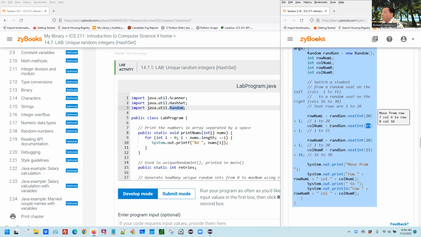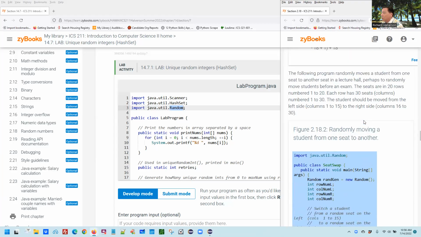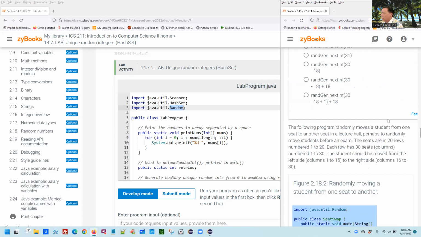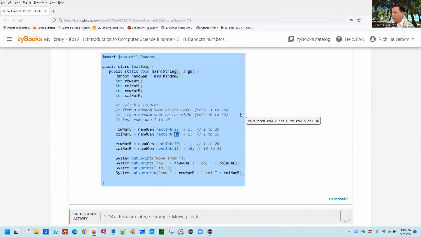So does it describe it at all? Yeah. Let me just take a peek at this. I want to make sure. Okay, plus 1. All right, that's what we got. Yeah, so it's 0 to 19. This is the maximum. Of course, that's how it is. Okay, so yeah, we're going to use next int,